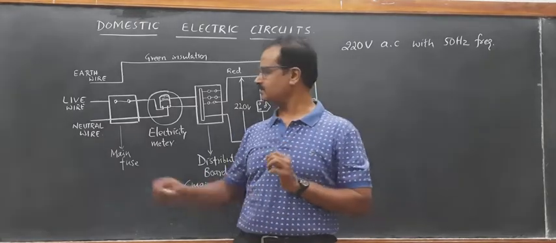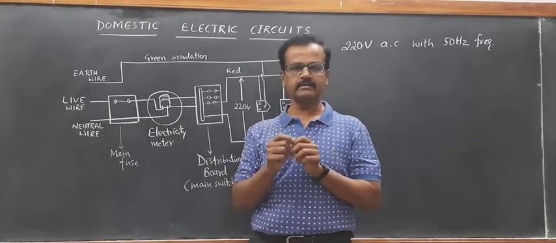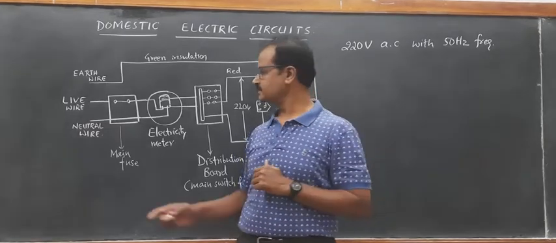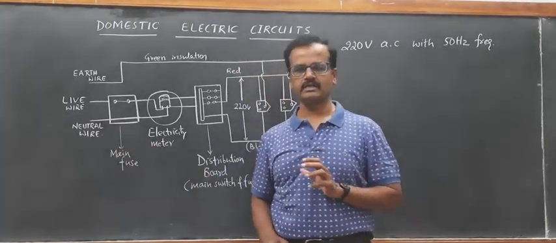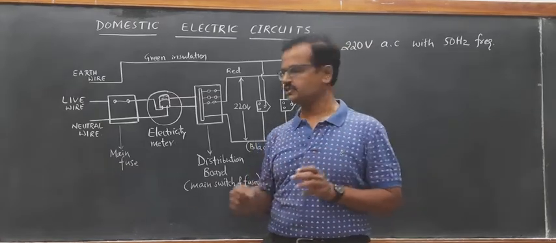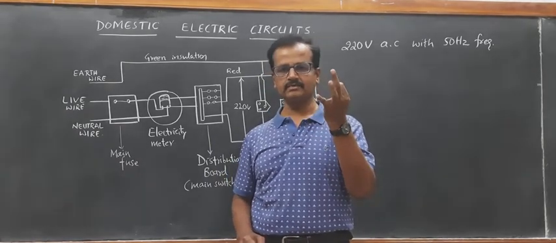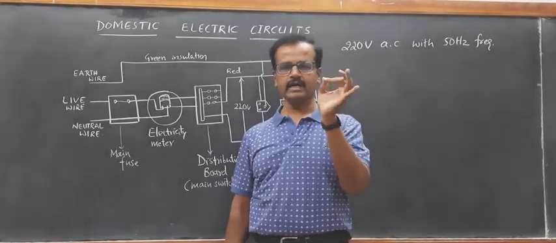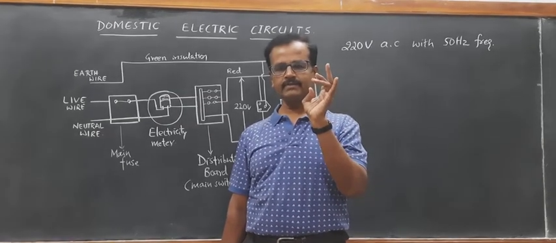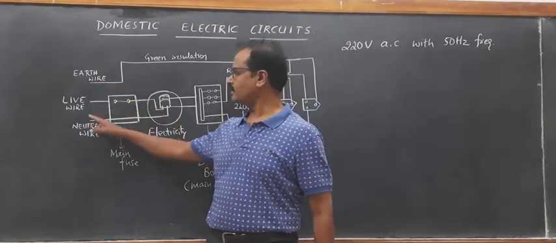Another one is the red wire, which is copper wire insulated with a red cover, and that is the live wire, which carries the current. And one more is the black insulated wire, the copper wire with black insulation. It is called neutral. So there are basically three wires: the earth wire, green insulated; the live wire, red insulated; and the black wire, black insulated, that is the neutral wire. Earth wire, live wire and neutral wire.